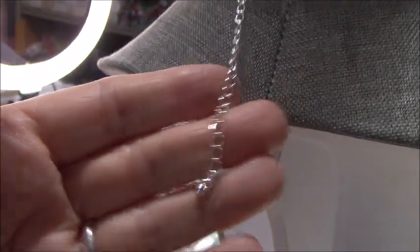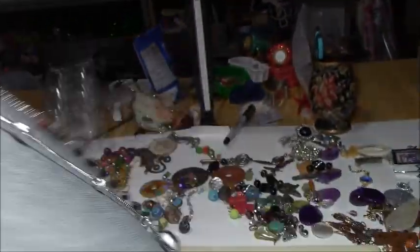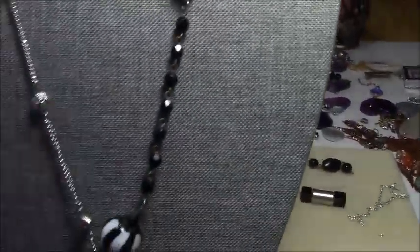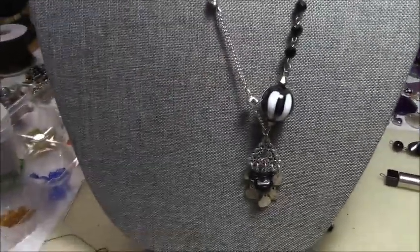And then on the back, you still got 2 or 3 inches. We put on a new, more modern lobster claw to make it easier to clasp and look a little more updated. But anyway, I'm going to list this set on Etsy tonight for anybody that wants to look at it,